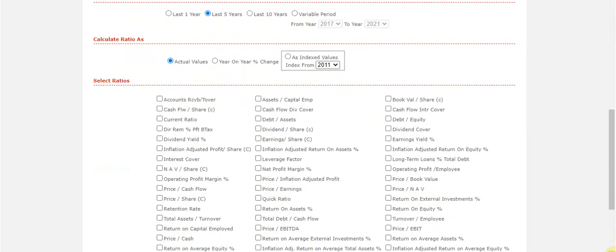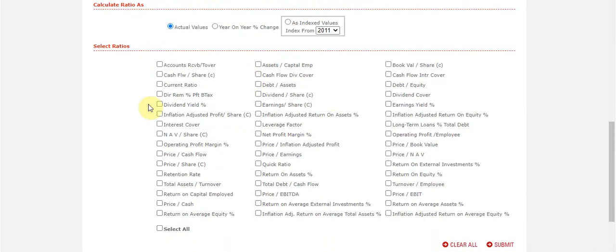And then you can go and select what you want to know about that company. I want to check their net profit margin. I want to check their price earnings ratio. I want to check their liquidity. So I can be interested, for example, in their quick ratio. I might be interested in the dividend per share and in the earnings per share. I might be interested in their operating profit margin. This is a bank. I don't think that they publish financials. Companies don't necessarily publish this, but let's see what we can find. We might be interested in return on equity.